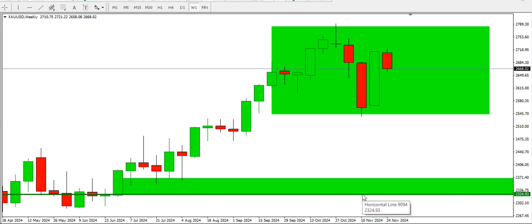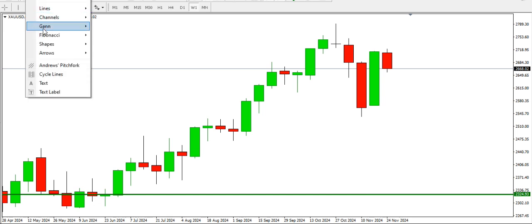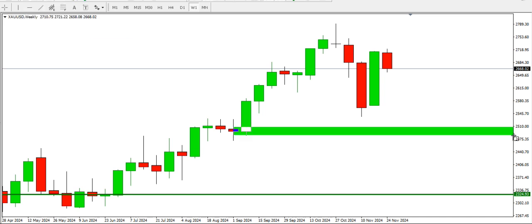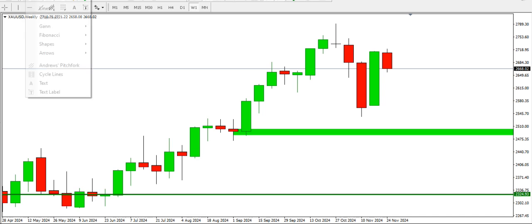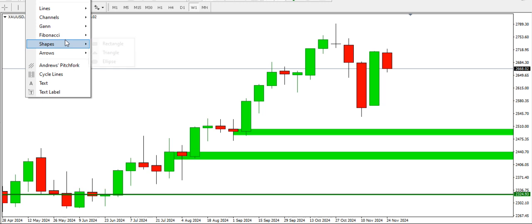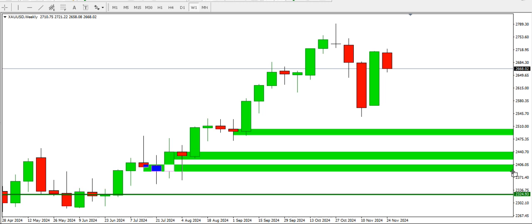But let's look at the order block support or resistance on the weekly time frame. The first support is around here, that's the 2500 area. We have buyers lined up on the weekly time frame. Buyers might come in around this point. Another support is at this particular point where buyers will also be lined up. That's the 2430 area. We also have another support around here where buyers might likely be lined up. That's the